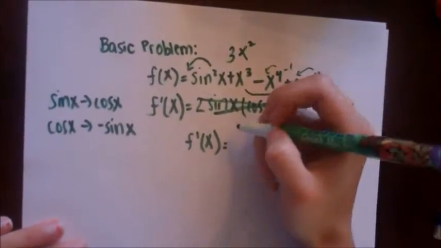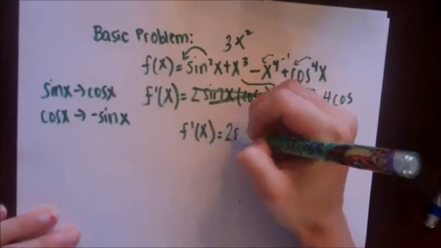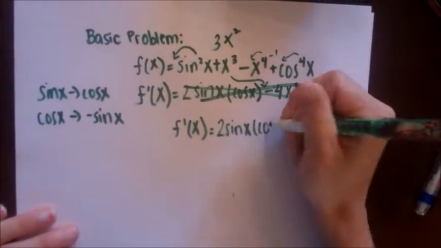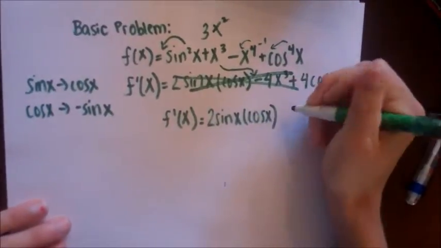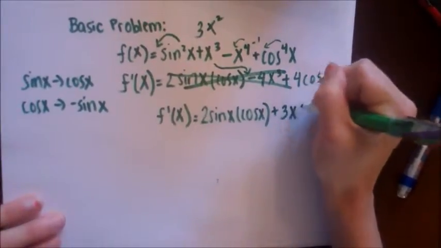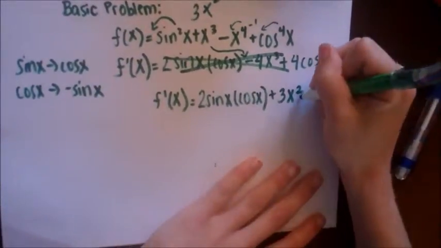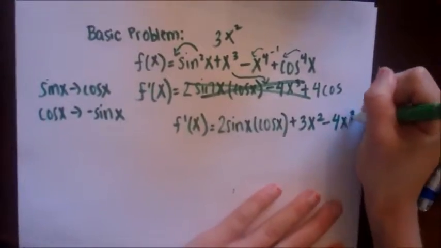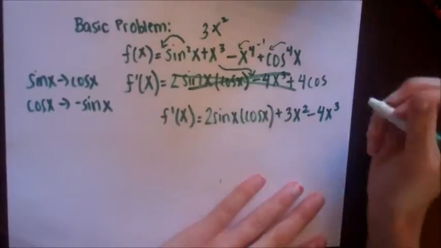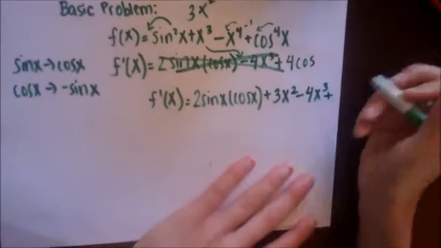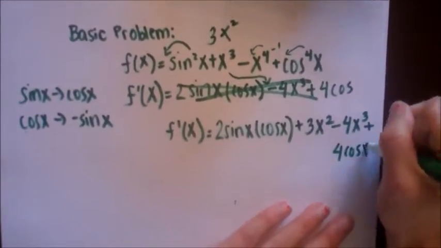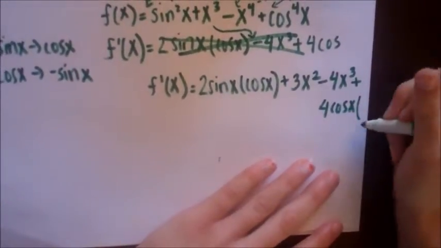So let's continue. To continue, we know how to take the derivative using the chain rule of sine squared x, plus 3x squared, the derivative of x cubed, minus 4x cubed, and then we will use the chain rule to take the derivative of cosine 4x, which would be, bring it down here, 4 cosine x times